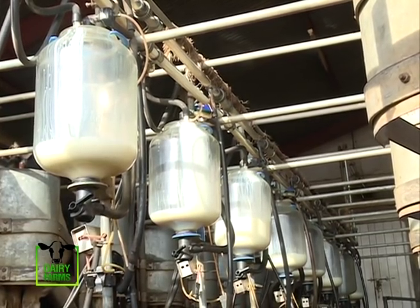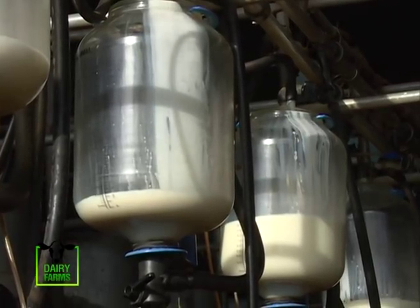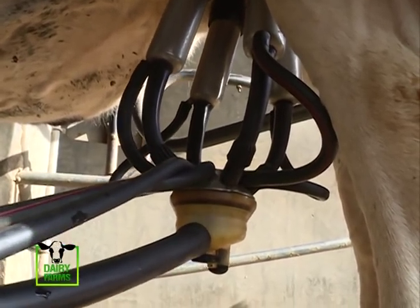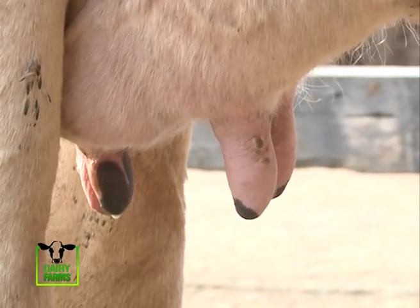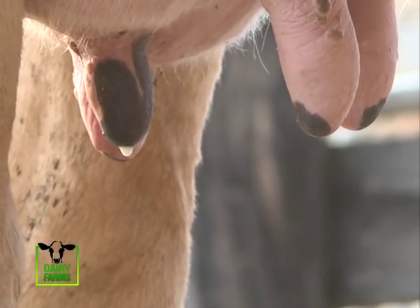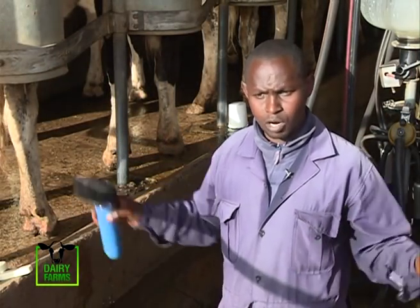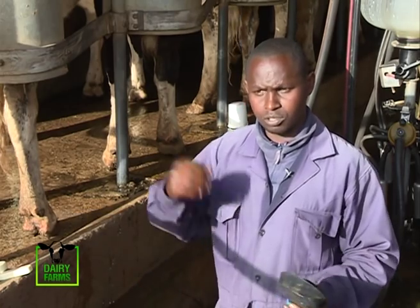Lack of proper milking techniques may result in mastitis. Mastitis in dairy cows is caused by udder infections, usually resulting from bacteria introduced either during the milking process or from environmental contact. According to Irungu, there are several ways in which a farmer can detect mastitis. Kuna farmers wenye wanaweza afford kununua a strip cup mwenye ako na hard kubwa. Lakini kama hauna hard kubwa unaweza tumia either mkono,